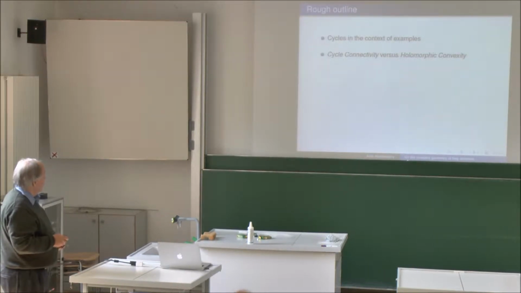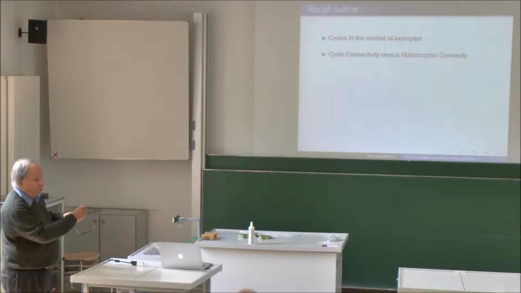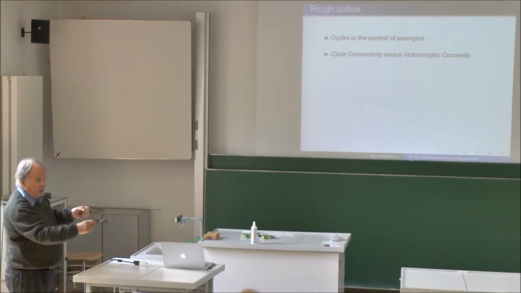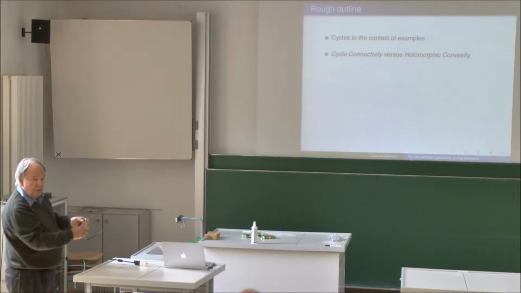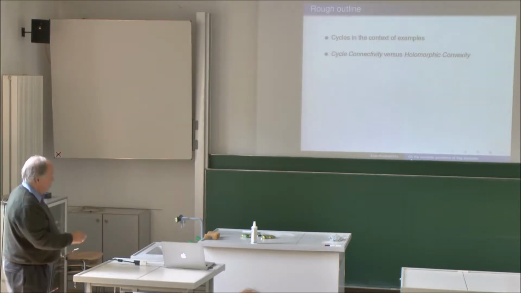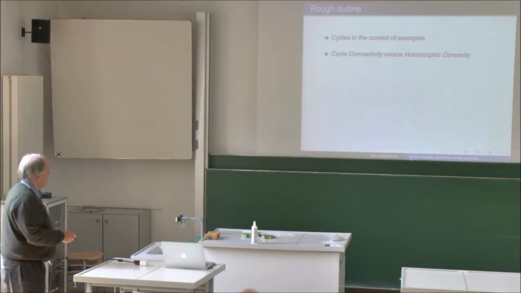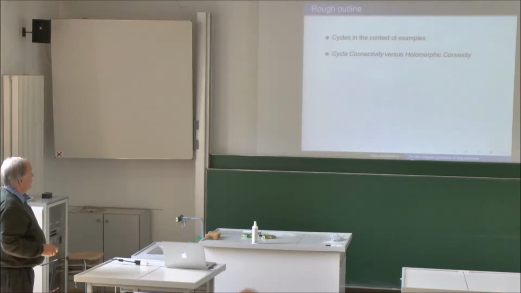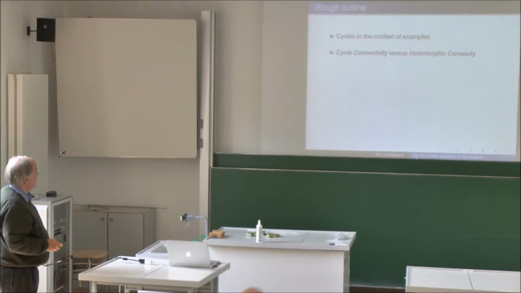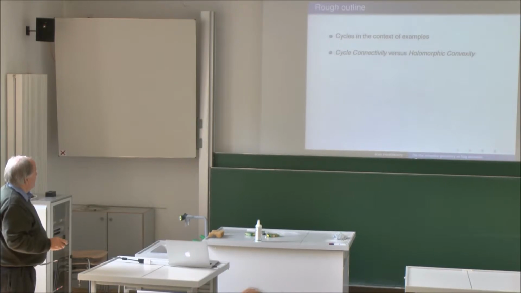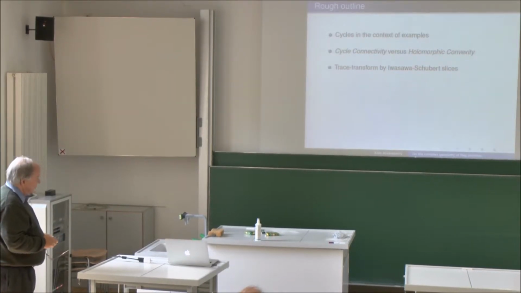And the first small remarks will be a discussion of cycle connectivity. You can guess what that means. The possibility of connecting 2 points by a sequence of cycles, whatever these cycles are. So these are compact varieties, and we're going to connect 2 points by natural compact varieties. And its relation to the concept of holomorphic convexity, which is a complex analytic concept. Then I would like to try to explain